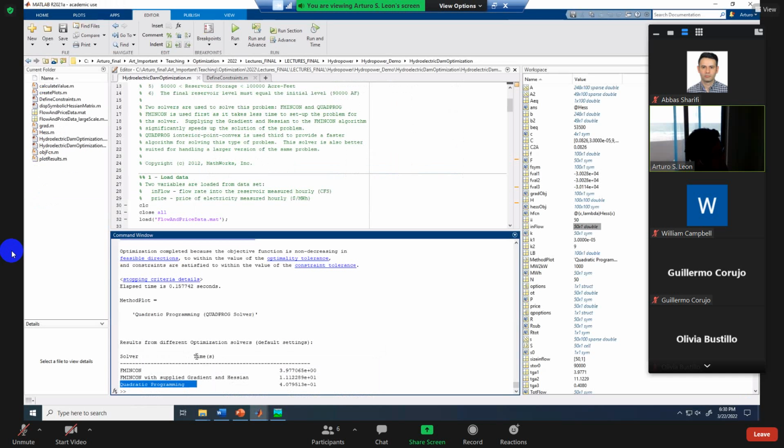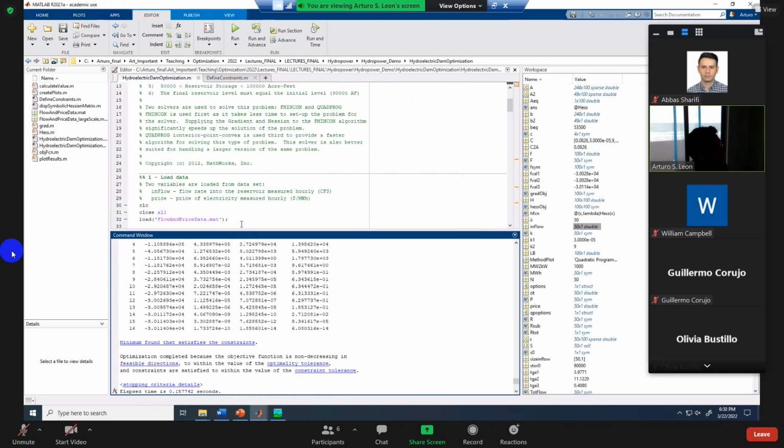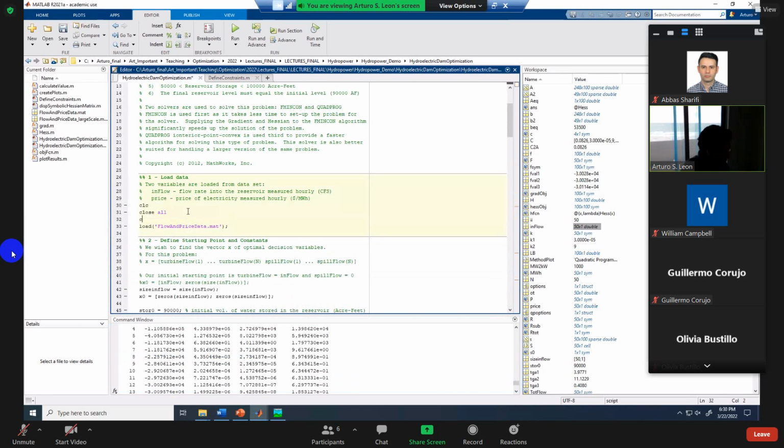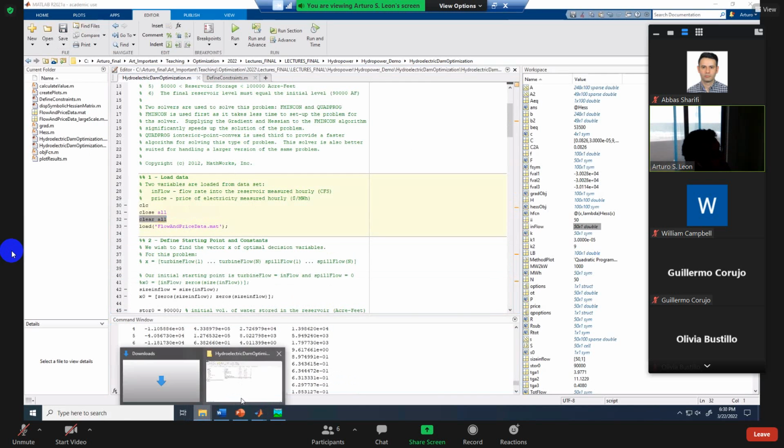Guys, before that, let's put close all and clear all. I'm going to put clear all also, because we want to make sure that all of this is deleted before. So, guys, now we are going to open the file